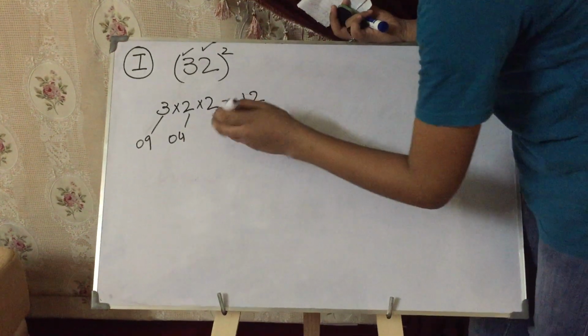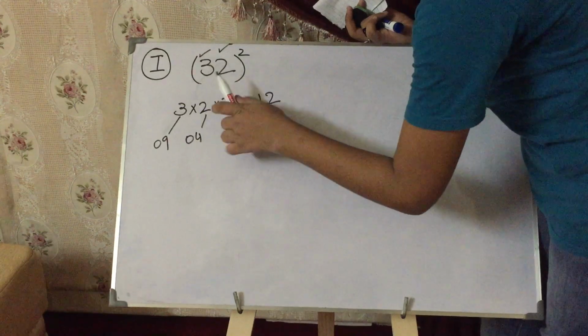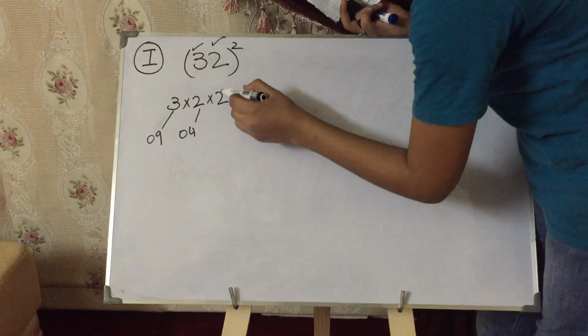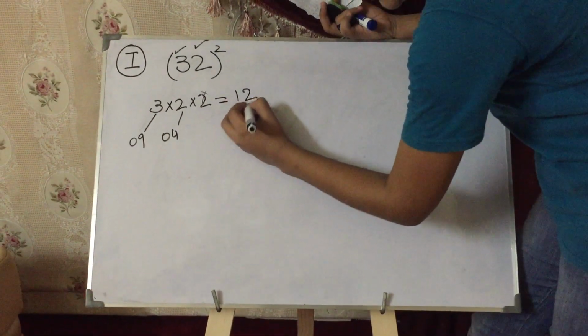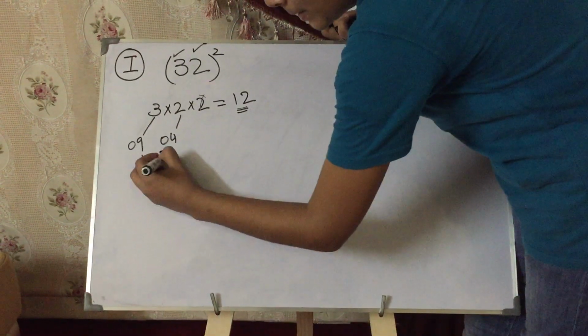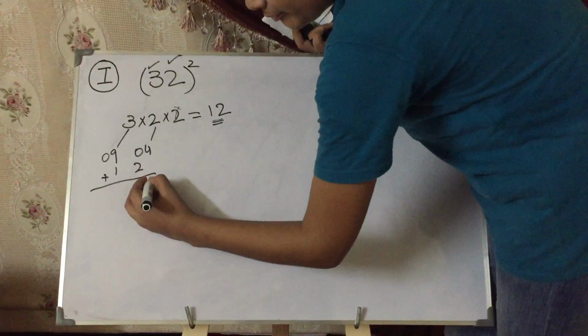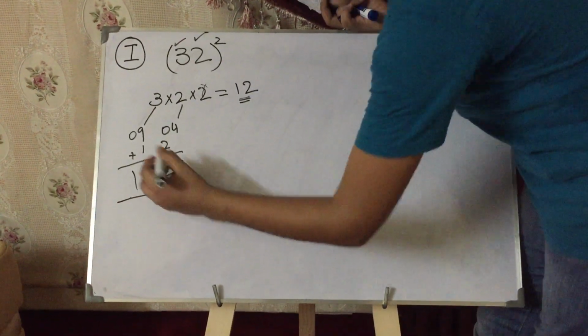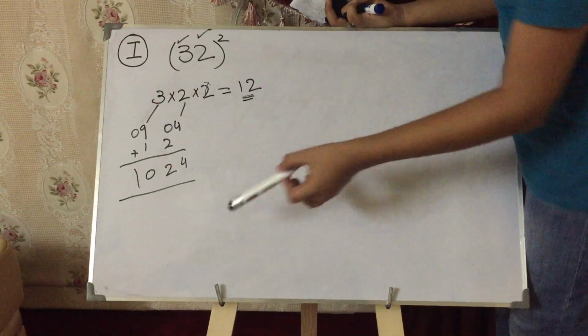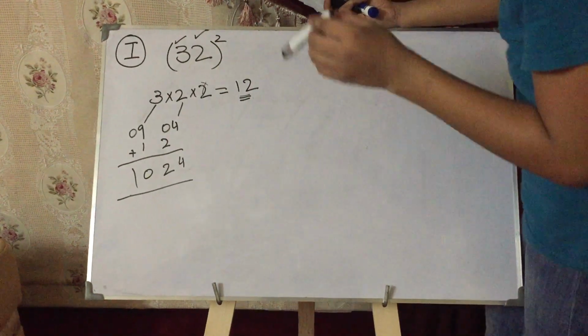Listen guys, focus on it. We will not use this number to make a square, or the answer will become wrong. This number comes in the middle of these two numbers. And the answer came 1024. If you have any doubts, check in your calculator.